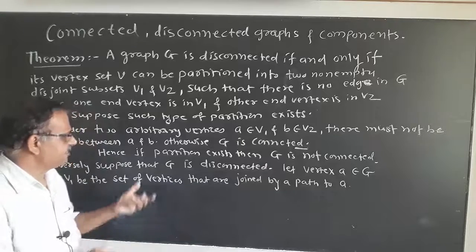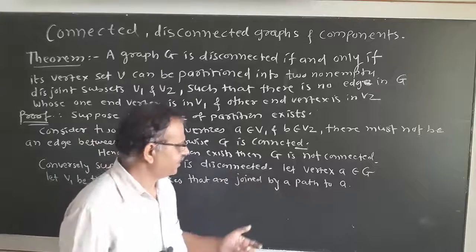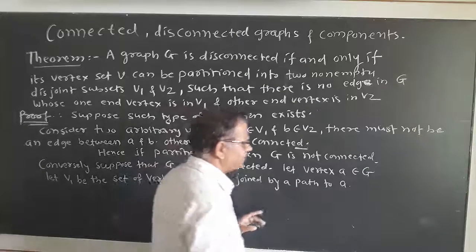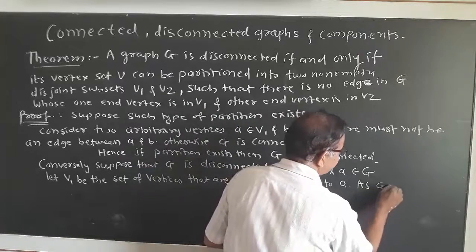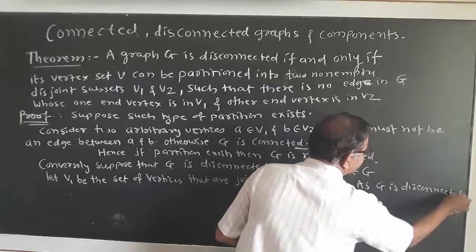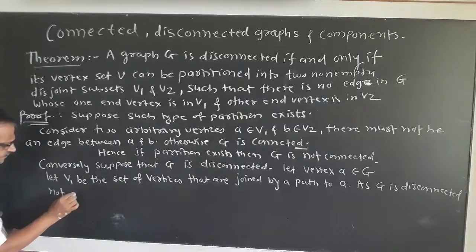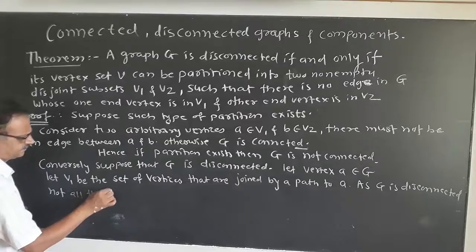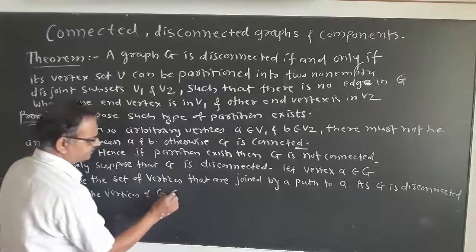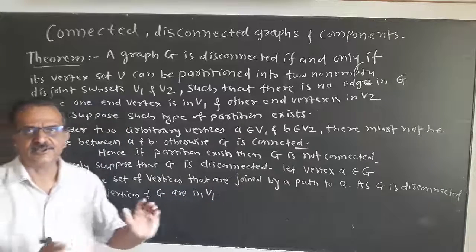As graph G is disconnected, we know that there is no path between A and some vertices. As G is disconnected, not all the vertices of G are in V1. There are some vertices which are not in V1,